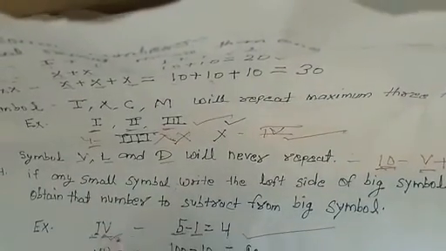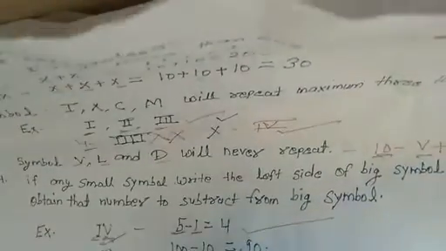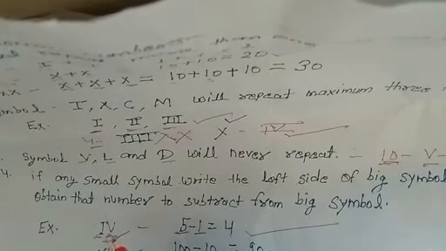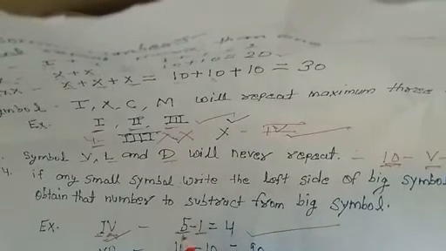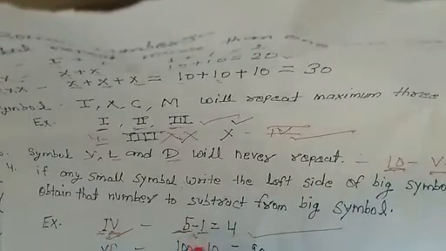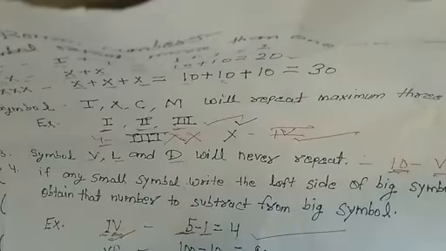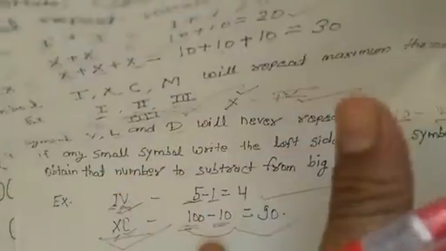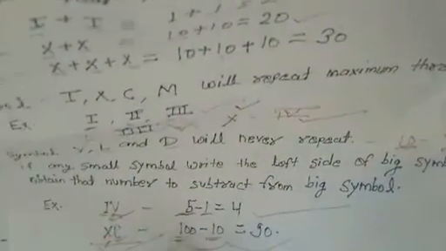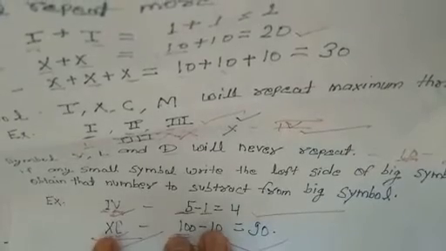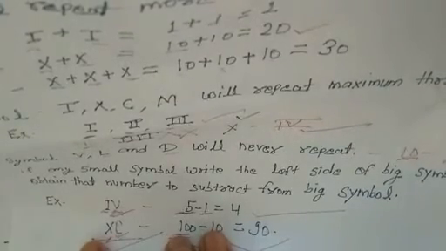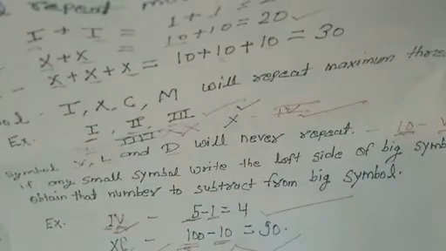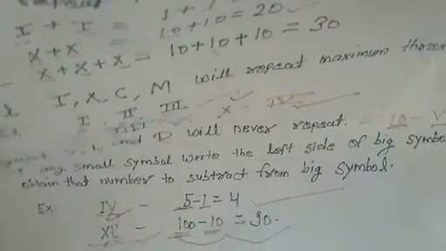For example, suppose the Roman number of 4 is IV. How do we know that this will show 4? At first we write the Hindu Arabic number of V, so 5 and minus 1, 5 minus 1, 4. The Roman number of 90 is XC. How will we write? At first you write the Hindu Arabic number of C, so 100 and minus, because X is written to the left side of C, so XC is 100 minus 10 equal to 90. Is that clear, student? Okay.